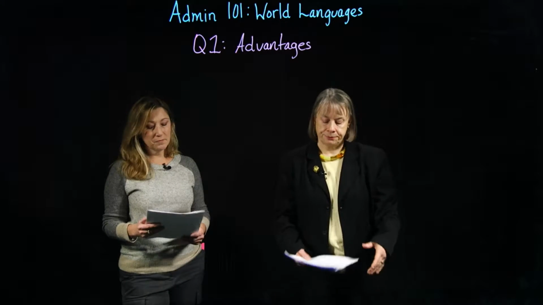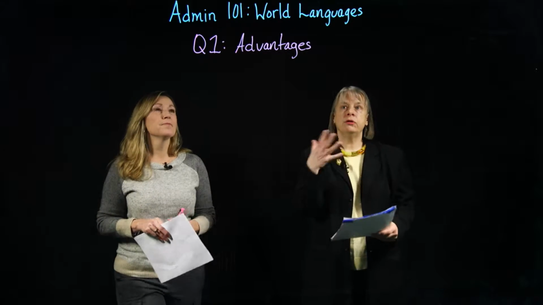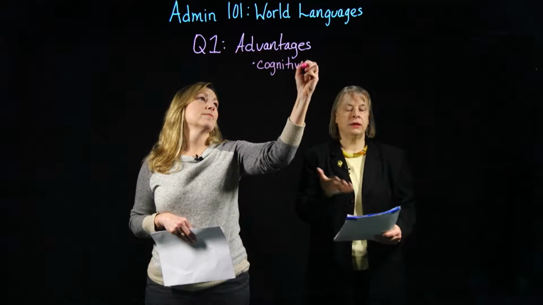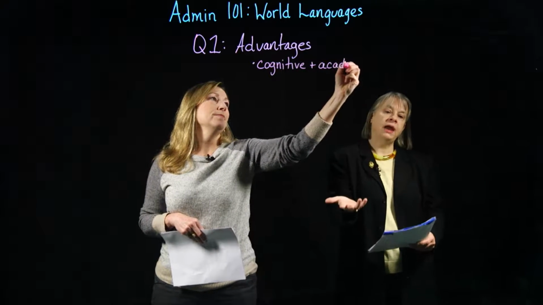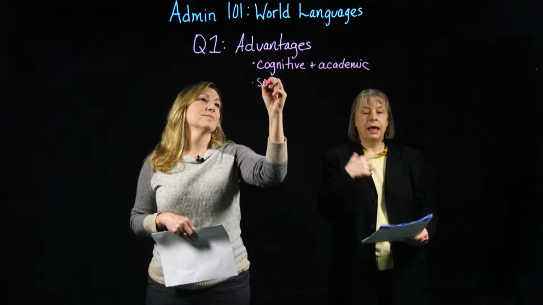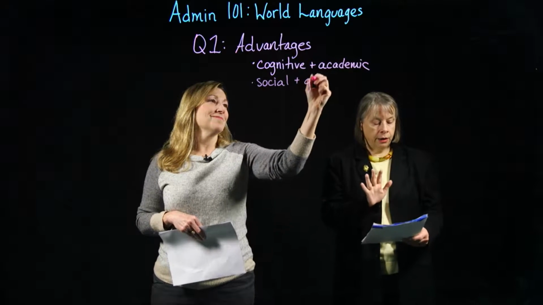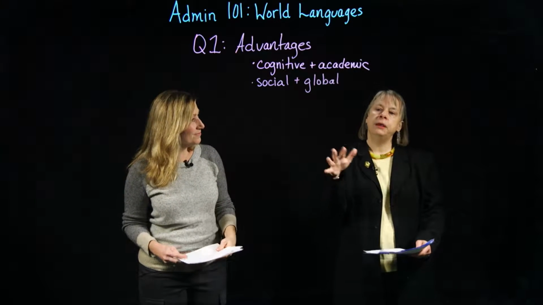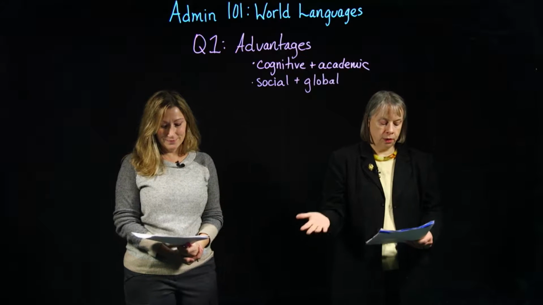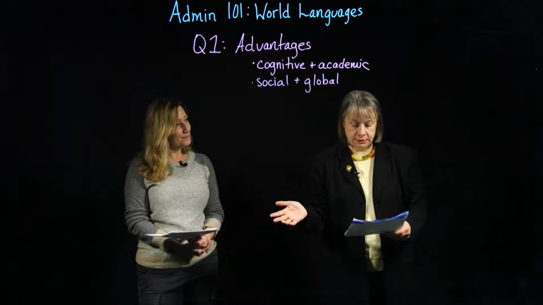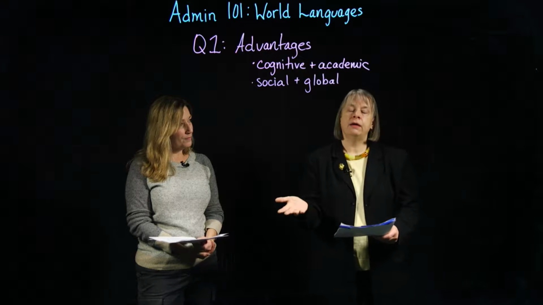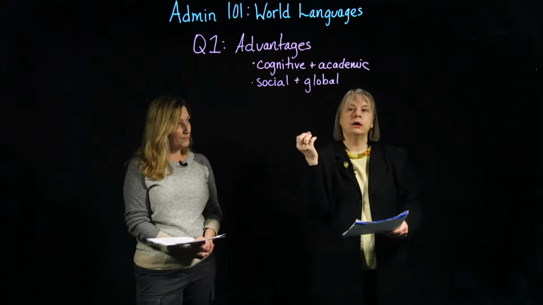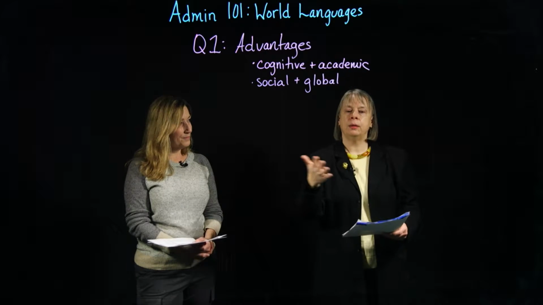Okay. In terms of social and global, social, of course, is particularly obvious in that language is a tool as well as an academic discipline, a tool that allows you to bridge gaps between people who speak other languages. As a result, interpersonal skills are developed. An increase in respect of people who speak other languages is documented, and people are more willing to try to communicate across so-called cultural divides. In terms of the global skills, we have, of course, the sense of interconnectedness with people in other parts of the globe, as well as global competence skills in professional and personal life.